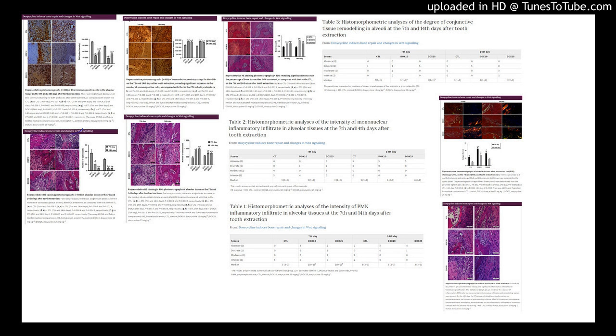Doxycycline induces bone repair and changes in WNT signaling. Kátia do Nascimento Gomes, Ana Paula Negreiros Nunes Alves, Paula Góes Pinheiro Dutra and Glauce Socorro de Barros Viana. International Journal of Oral Science, Volume 9, pages 158 to 166, 2017. DOI